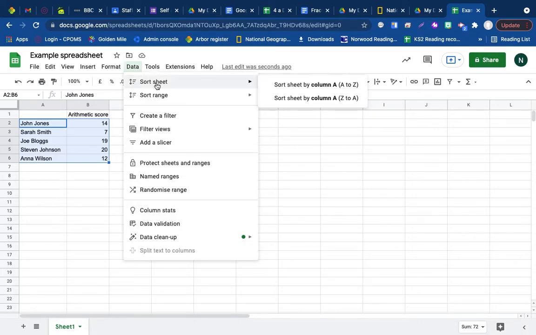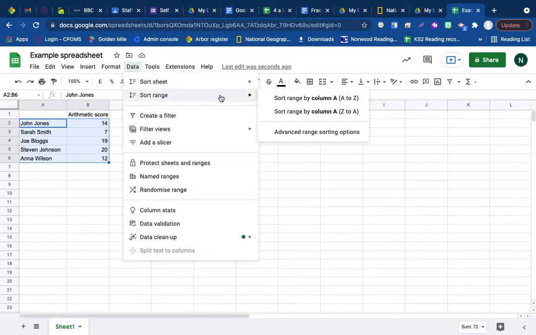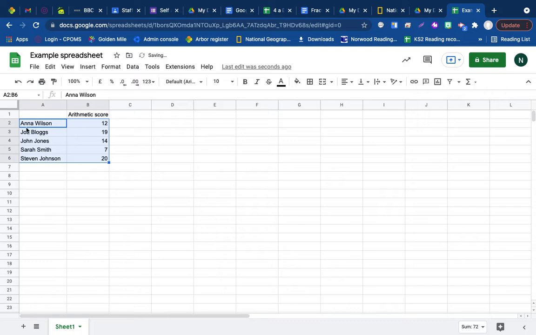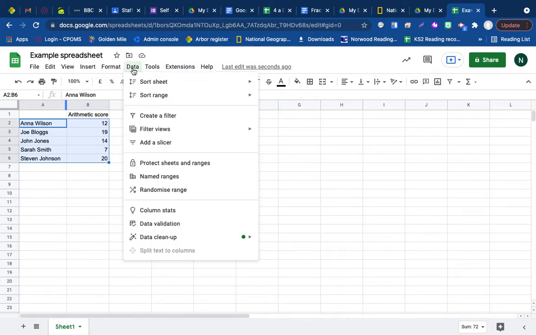Data. Now instead of sort sheet, I'm going to sort range by column A. So press that, and it's now sorted my names A to Z, and then arithmetic score, the heading has still stayed the same. Okay. Now if I wanted to change it so that I could sort by score, I can highlight this whole thing here. So I started there on the names, Control, Shift, down and right one,